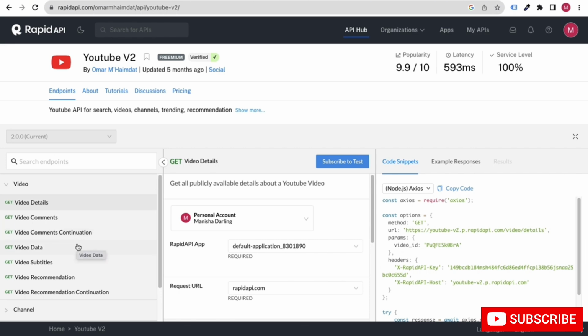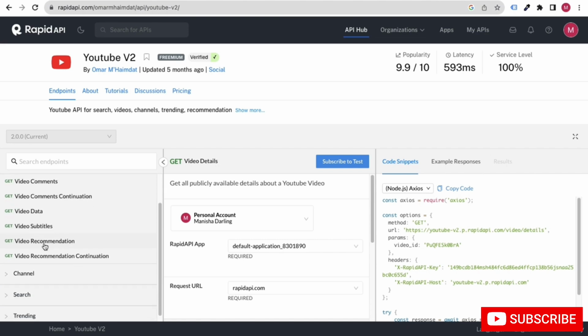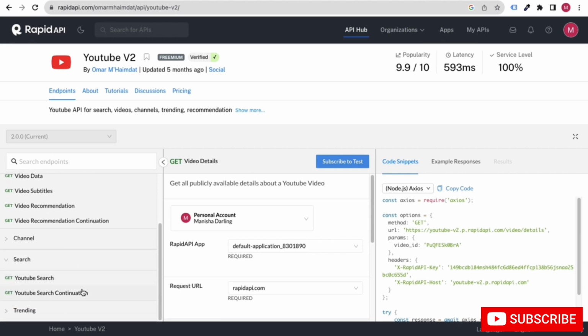For example, we are going to use this search endpoint, the YouTube search endpoint, and we will search for videos. So now we have a list of YouTube videos. Then we will extract the channel ID from each video. So we have a list of channel IDs, right? Then we are going to list the videos of every channel using the channel ID.